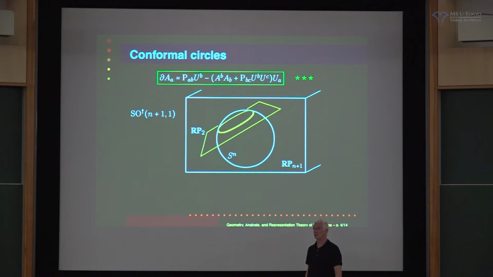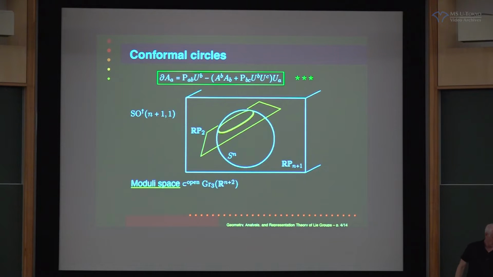Use that to slice the sphere, and either what you get is nothing, because this curve might miss the sphere entirely, it might just touch the sphere at one point, or it might cut the sphere, in which case it cuts it in a round circle, just like that. Right, so you deduce that, for example, the moduli space of solutions of this differential equation is exactly the space of circles, which is captured by hitting this thing with a plane.